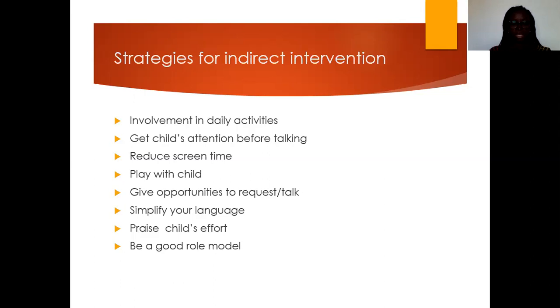If you are saying it to a child, you have to be very specific. Don't say something like, Kofi, take that thing for me, or take it for me. No, mention the name of what you want the child to take for you. So, Kofi, take the cup for me. That is how the child will be able to get the names of the things in his environment and understand them.